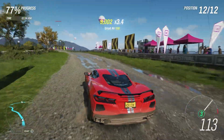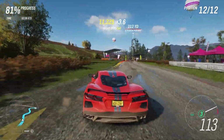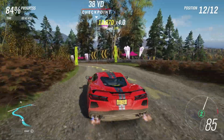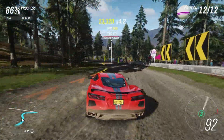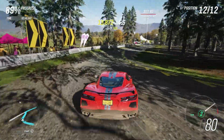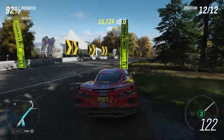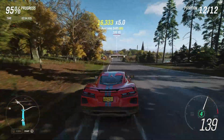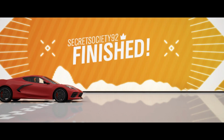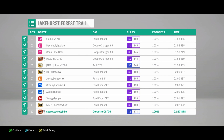Managing the all-wheel drive fine. The power does not seem to be overwhelming the grip, thankfully. It's always a worry with a high-powered vehicle on this series. It's just not going to have the grip on the off-road elements to deal with all the power it's got, which means it either is hard to drive or throws a lot of the power away. This has been really rather controllable, to be honest, and it's managed a time of 1 minute